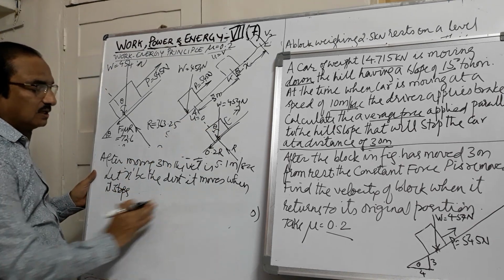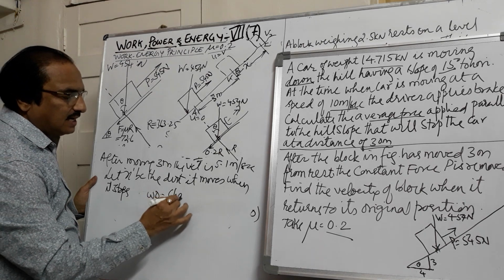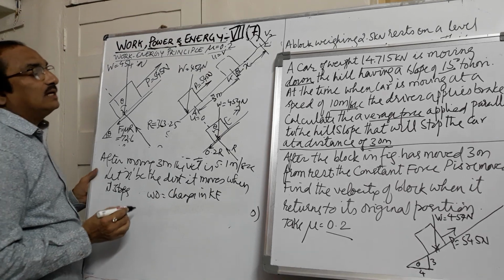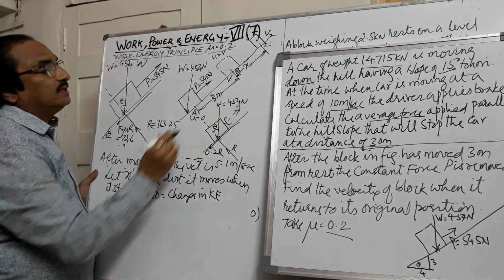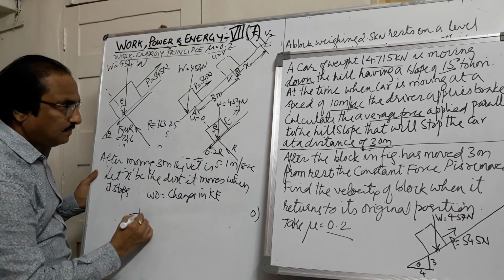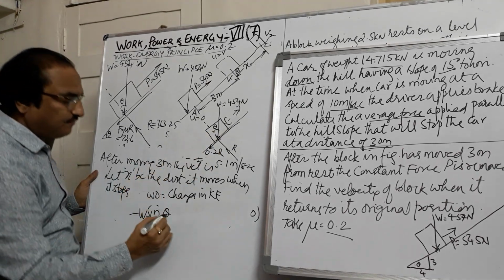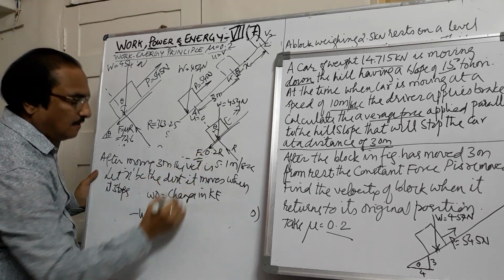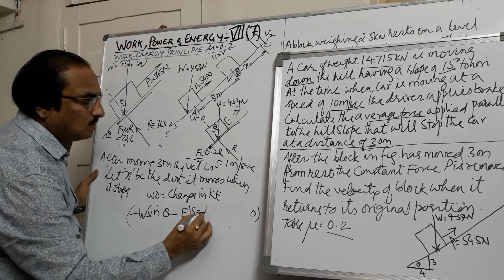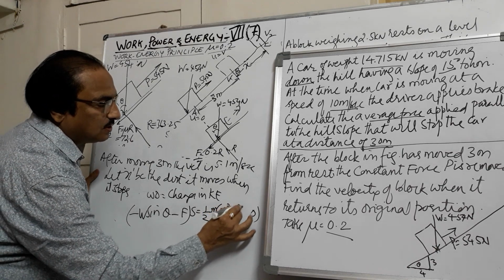Now here again, using the work energy principle, work done is equal to change in kinetic energy. So the net work done is, it is moving up the plane, so this W is down the plane, it is opposite, minus W sin theta. This force F is also towards down, minus F into S must be equal to half m, our general formula, v square minus u square.